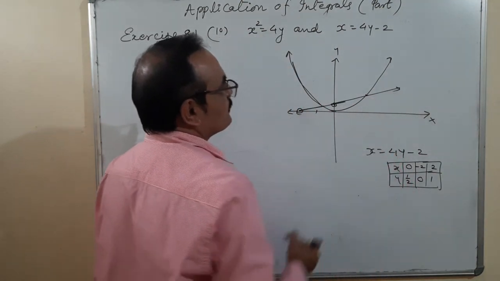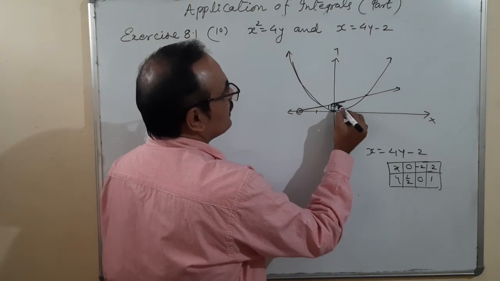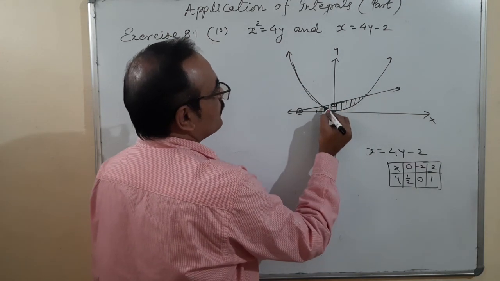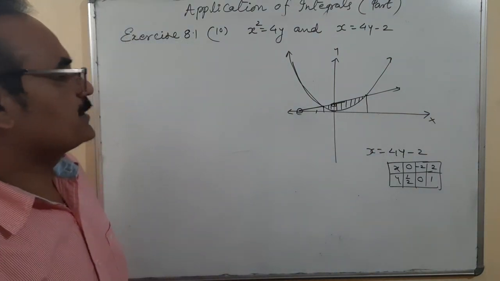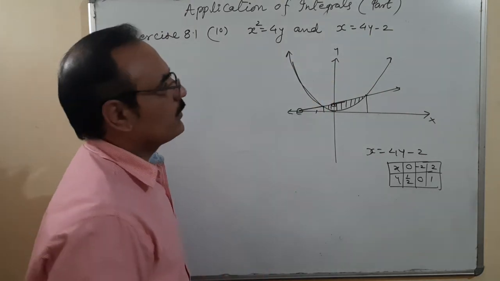This is the condition of the line. Area under the curve, that means we are going to find the area of this portion. There are two intersection points because this line is intersecting at 2 points. So let us find out which 2 points, using that to eliminate y.